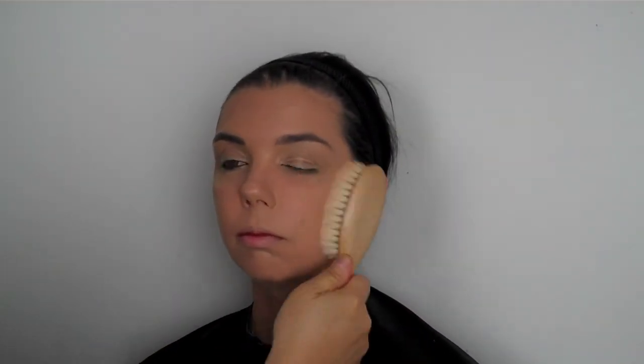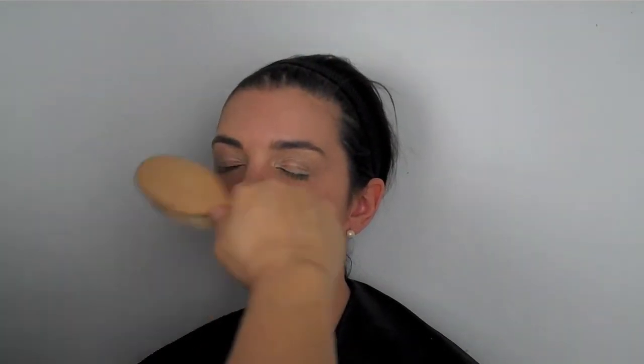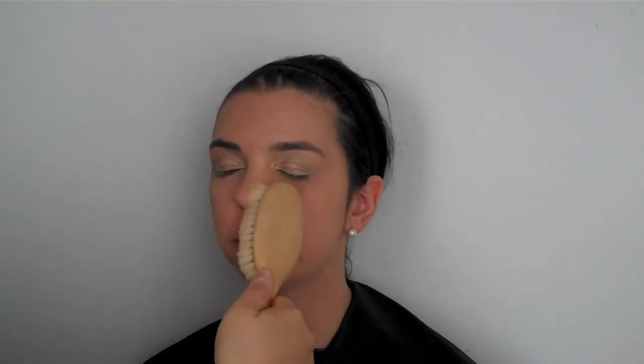So, you want to definitely have a full coverage of foundation. And I'm using a full coverage silicone base and definitely making sure that everything looks flawless and smooth. My take on this is going to be more metallic, disco, Studio 54 inspired as well. So definitely, you want to make sure that you get some really good color combos, with some good variations of textures. I'm taking my complexion brush here, my signature brush, and I'm just blending everything in so that everything looks